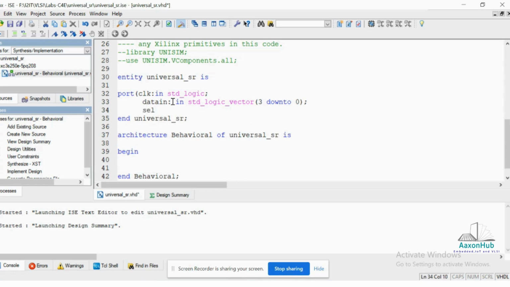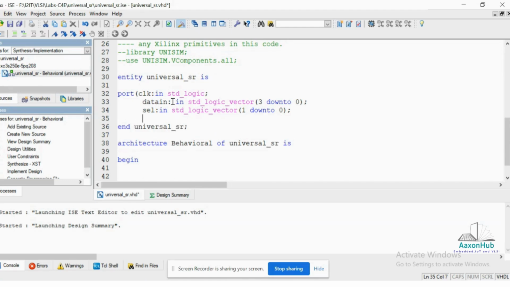Now this SEL signal is a two-bit signal. So you will write 1 down to 0. Then you need to select the shift left